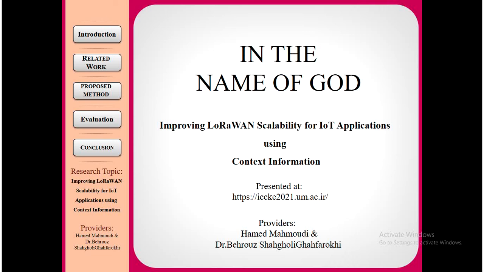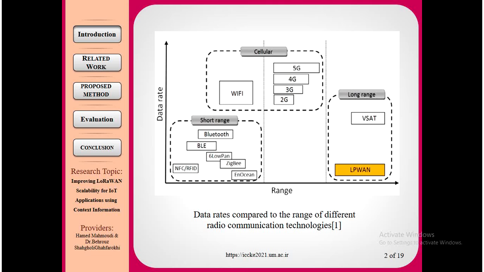Let us start the introduction by talking about general concepts that we need to have before going to the subject. At first, as depicted in the graph, we can see that different technologies work in different ranges and with different data rates, so we can compare them. As you can see, Bluetooth, BLE, 6LoWPAN and Zigbee work in short range and with low data rate. Wi-Fi technology is also in short range but with more data rate. As far as range of coverage goes, we have cellular technologies such as 2, 3, 4 and 5G, which cover more than the range of short range.